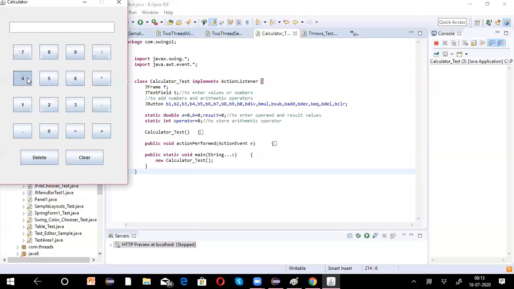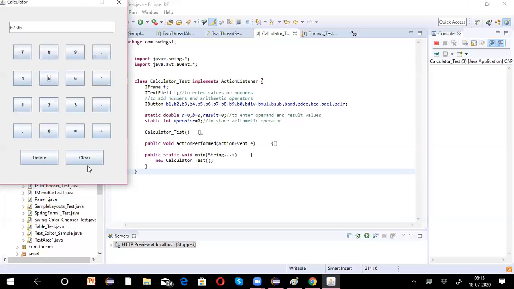Now let's come to our original arithmetic. Now 45 is set to a value. When will it be set to a value? When I click an operator. When I click an operator, 45 is assigned to operand A. And then next, I'm taking 12. Now this will be set to operand B when I click equal, and then it will give the result. A plus B equal to result. Is this part clear?